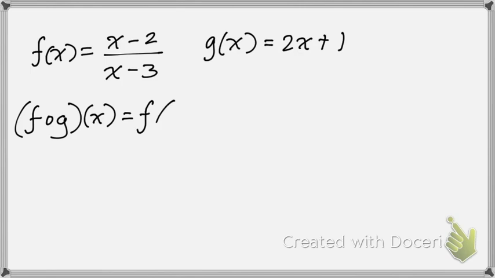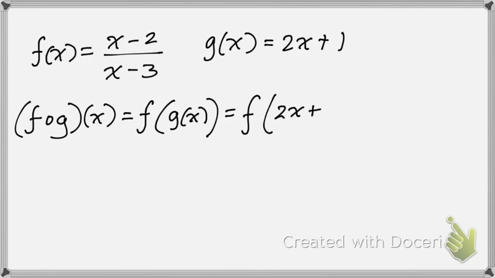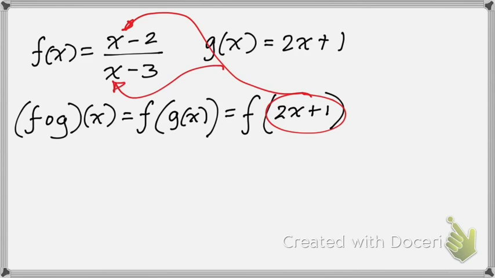That is going to get rewritten as f of g of x. I'm going to substitute 2x plus 1 for g of x, and I'm going to substitute 2x plus 1 for both x's up here. And then that will get me